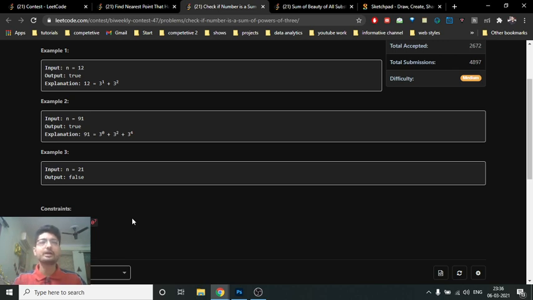I hope you get the point: you find all the values of 3 to the power n which are less than 10 to the power 7. If you find some value which is more than 10 to the power 7, it cannot be a valid answer, because all my n is less than 10 to the power 7. So if you want to make any n as a sum of smaller powers of 3, then all the numbers should be less than 10 to the power 7.